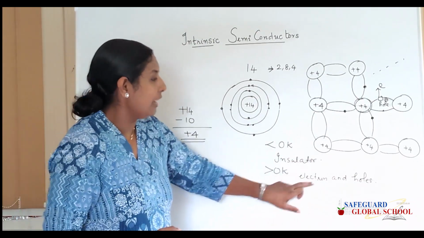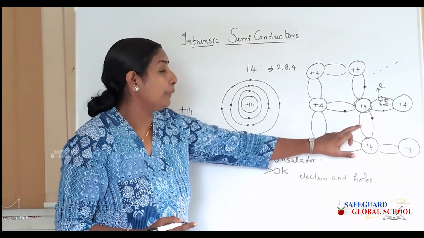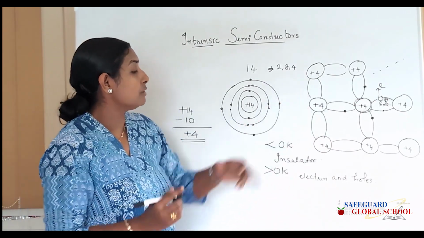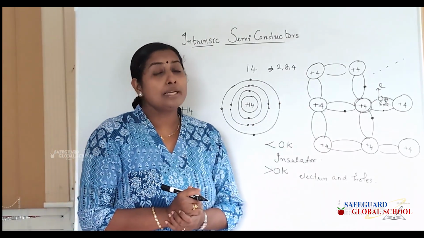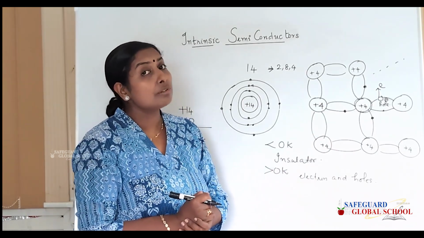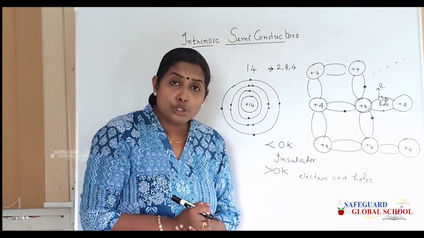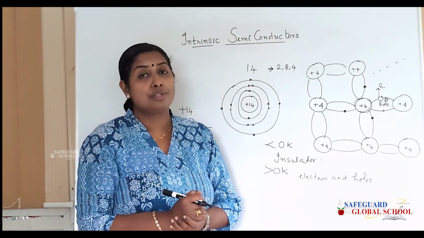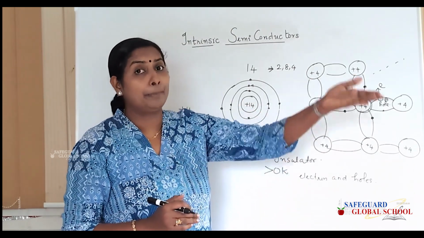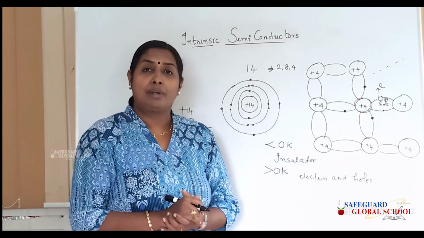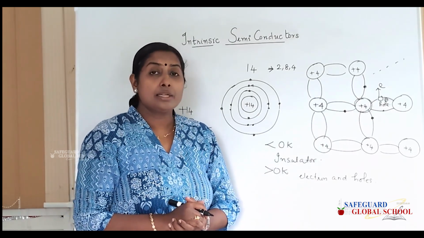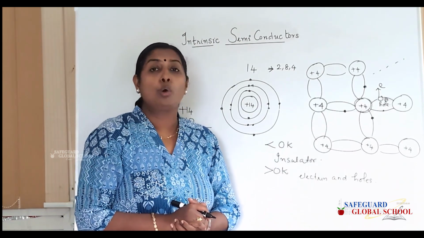So the electrons as well as holes contribute current when the temperature is greater than 0 Kelvin in an intrinsic semiconductor. So a question comes to you. What is the ratio of charge carriers in an intrinsic semiconductor? What is the ratio of electrons to holes in an intrinsic semiconductor greater than 0 Kelvin? Wherever an electron is escaping, a hole is produced. So the ratio of charge carriers in an intrinsic semiconductor greater than 0 Kelvin, or the electron to hole ratio,